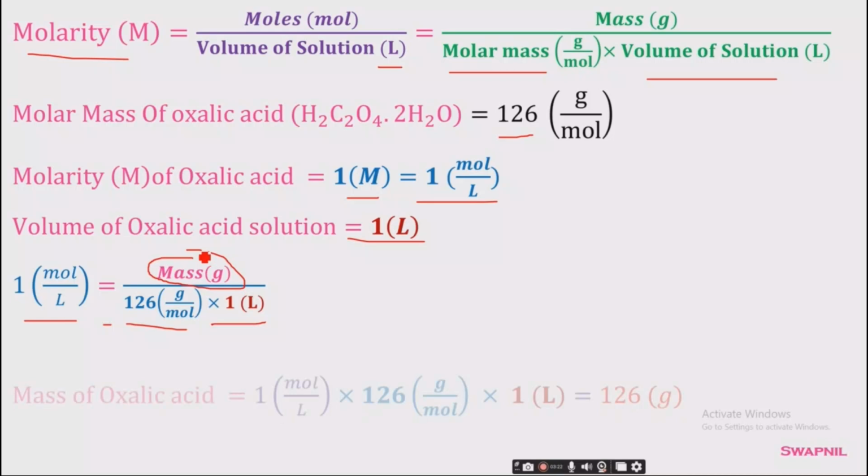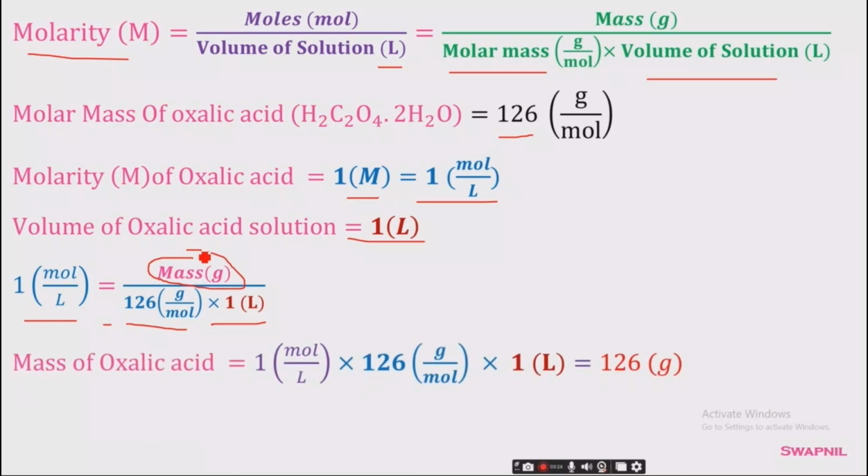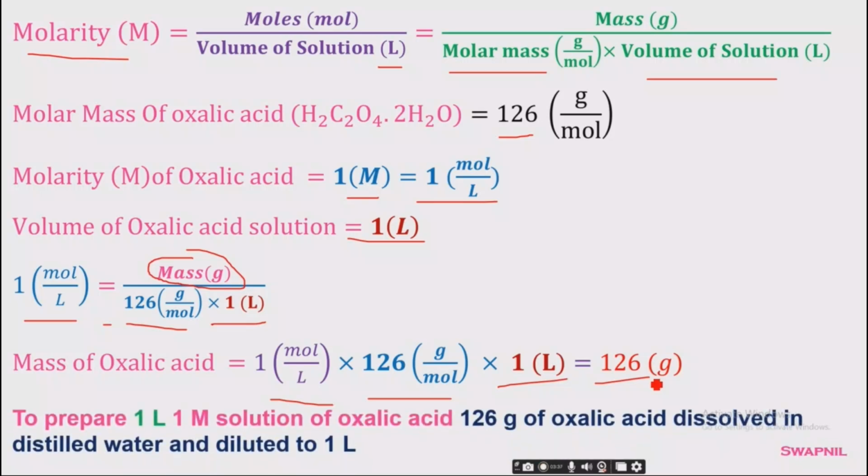So by rearranging the equation, we get mass of oxalic acid is equal to 1 mole per liter into 126 gram per mole into 1 liter is equal to 126 gram. So to prepare 1 liter 1 molar solution of oxalic acid, 126 gram of oxalic acid is dissolved in distilled water and diluted to 1 liter. So next,